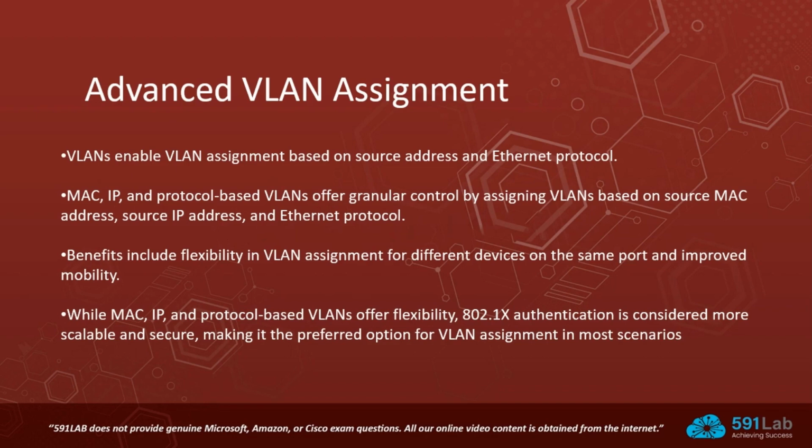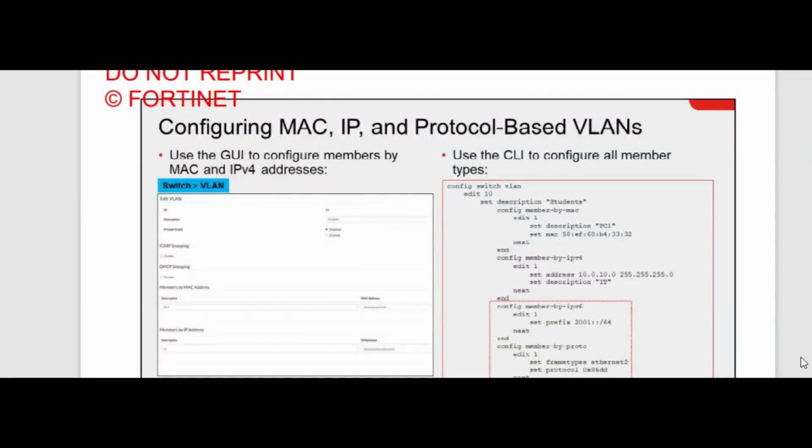Then FortiSwitch overrides the VLAN settings on the port with the VLAN assigned to the end devices. Let's see the benefits of MAC, IP and protocol-based VLANs. One is that you can place different devices behind the same switch port in different VLANs. Another is mobility, because end devices can be assigned to the same VLAN regardless of the switch port they are connected to. Another main benefit is MAC, IP and protocol-based VLANs can also be obtained with